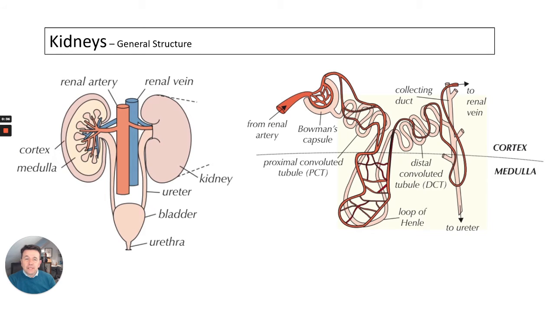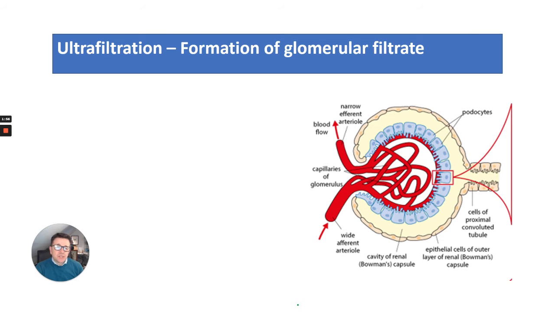So first of all, let's look at the main structures. Obviously, you've got two kidneys. Both kidneys contain a cortex and a medulla. Within that are millions of nephrons, and those nephrons have a really good blood capillary network around them. So we're going to talk about how things are filtered out of the Bowman's capsule or the renal capsule, and how things are reabsorbed. So ultrafiltration is the first part that we're going to talk about, and the formation of